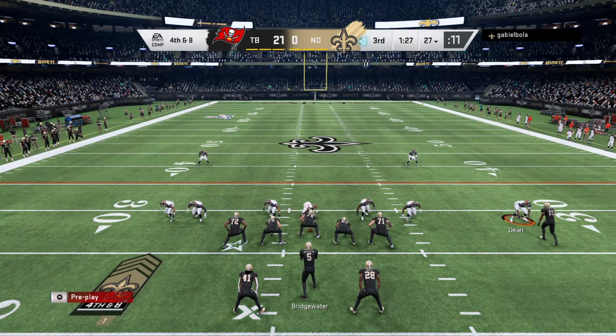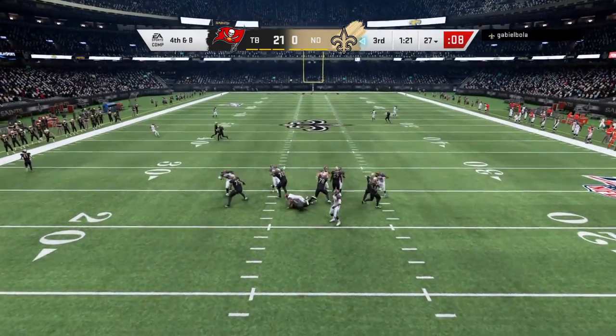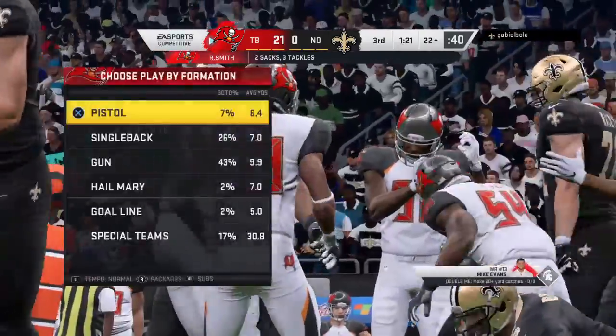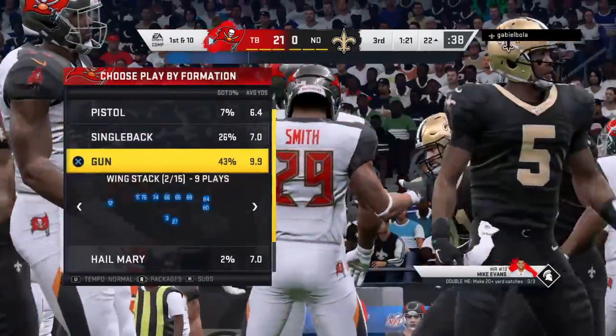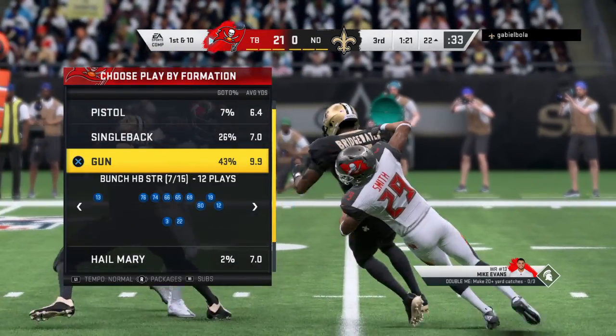Check Mike 39. They're indeed going for it. Bridgewater. Oh, the pressure too great, and he goes down once more. Boy, a curious decision to go for it. Doesn't pan out, and the Bucs are going to